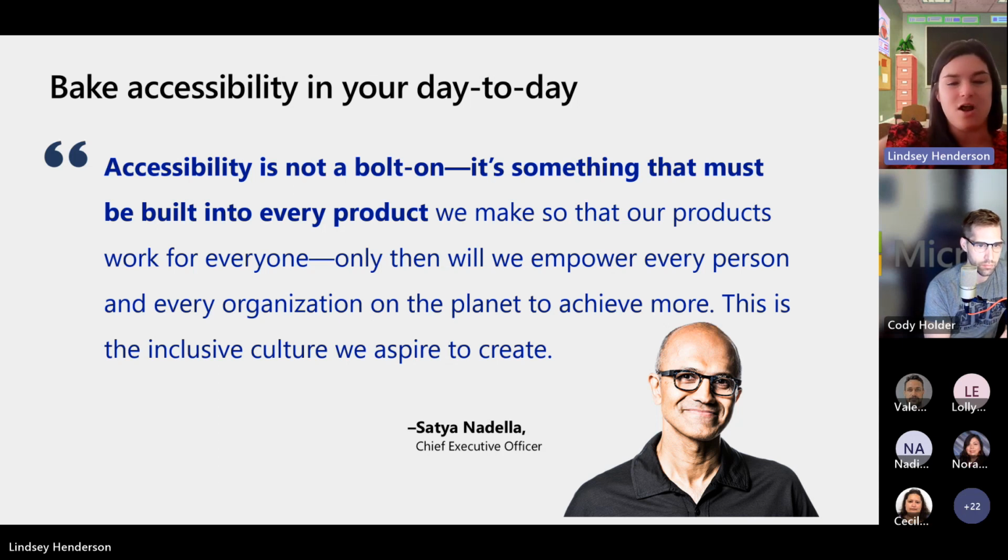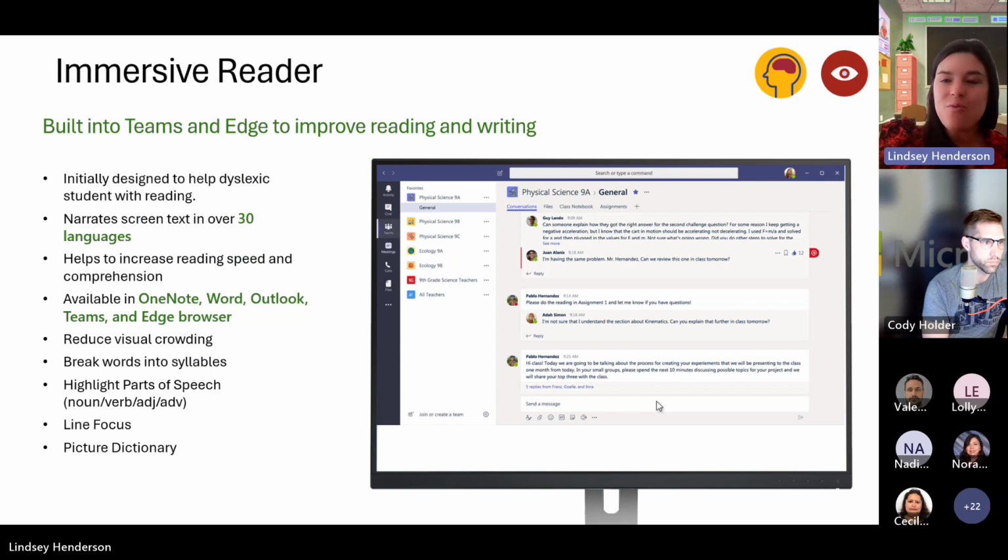With that, we've got a couple things we're going to talk about today. The first is Immersive Reader and how that's going to be great for people with all sorts of learning challenges and as an accessibility tool. Then we're going to dive into the learning accelerators. So put in the chat window, I'd love to hear, I think we've got some good Teams users here, but has anybody used or heard of Immersive Reader?